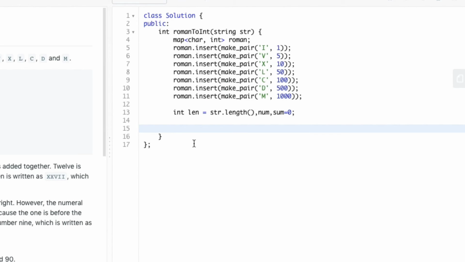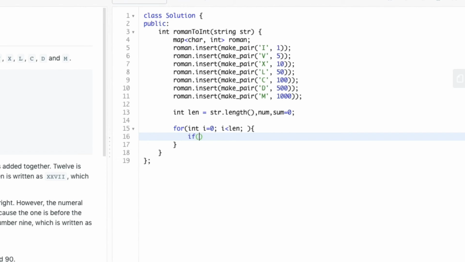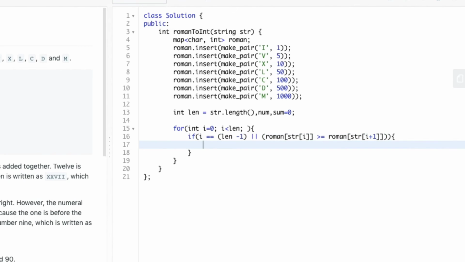Now we can apply our algorithm, that is, for i equal to 0 to length, we need to check whether i is the last index or the value of the ith character is greater than or equal to the value of the i plus 1th character.